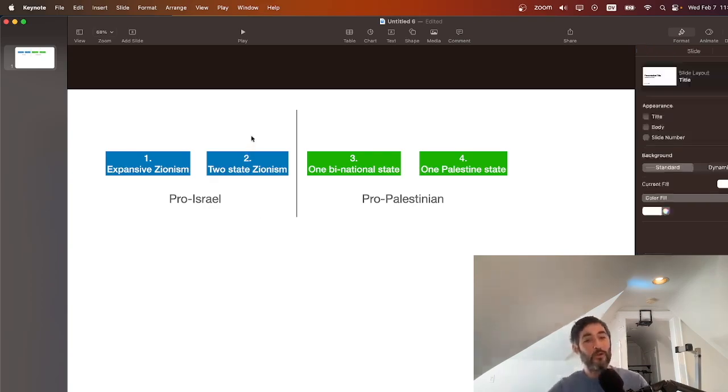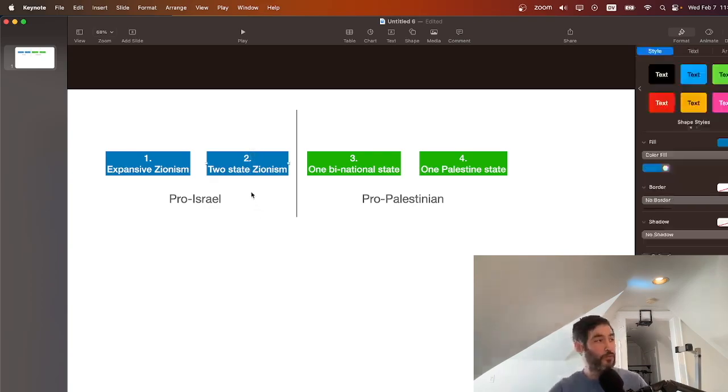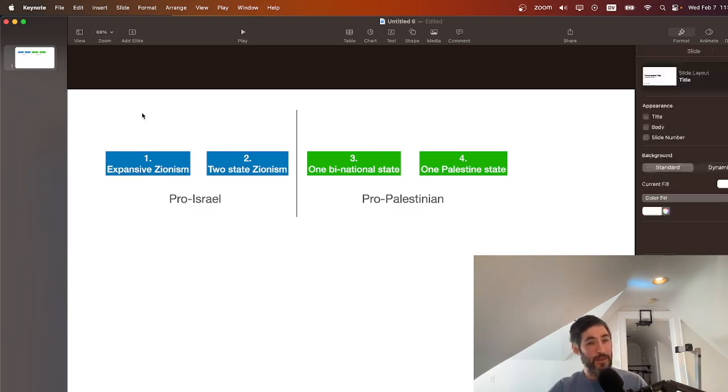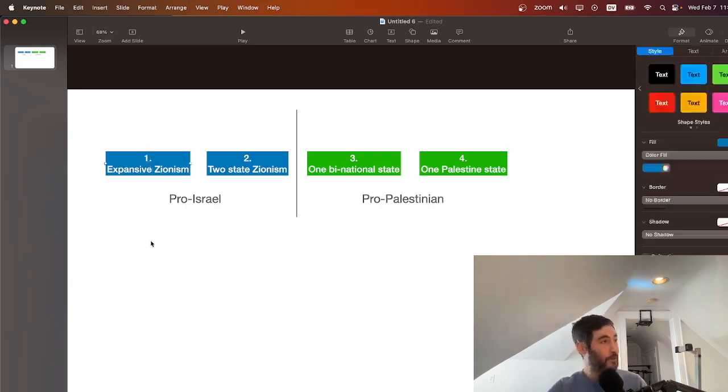And these are people whose job it is to ensure security for the state of Israel, right? Their job is to infiltrate Palestinian society and surveil Palestinian society and try to negotiate and talk to Palestinians on the ground and try to secure safety for the Israeli citizens. And they come to the conclusion that expansive Zionism is a disaster. Expansive Zionism is cruel and oppressive, and it causes terrorism. And they come to the conclusion that two-state Zionism is possible, right?